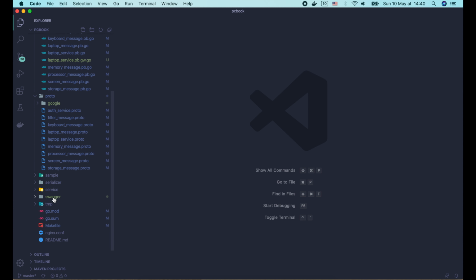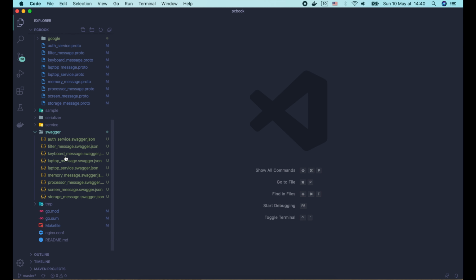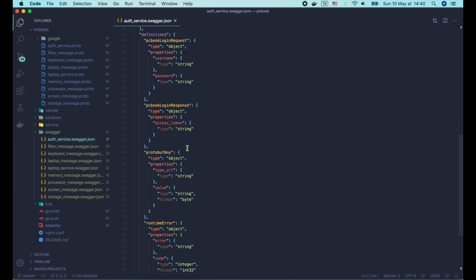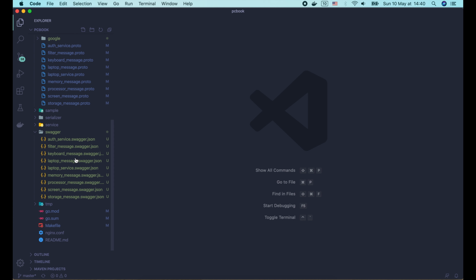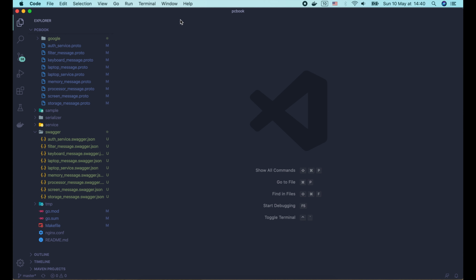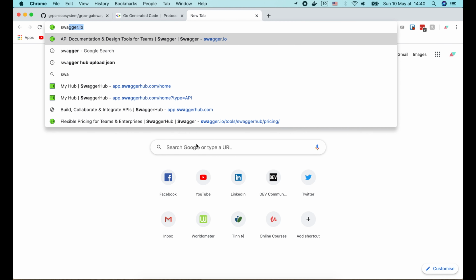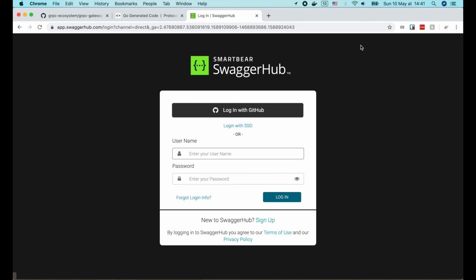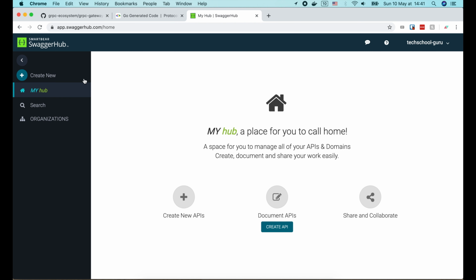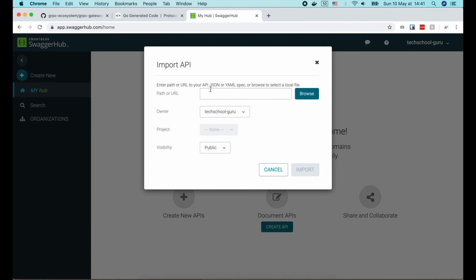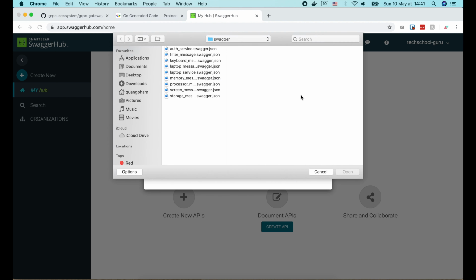Now in the Swagger folder, there are many generated Swagger files, but we only care about the authservice.swagger.json and the laptopservice.swagger.json files. These files are very useful for us to create API documentation. We can easily do that by going to swagger.io, log in, then click Create New, and choose Import and Document API. Click Browse, and select the